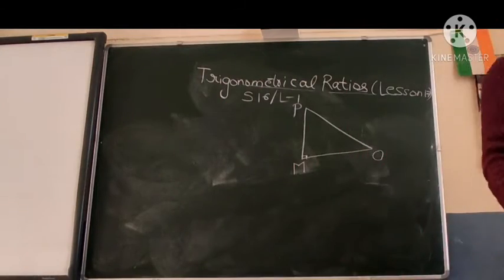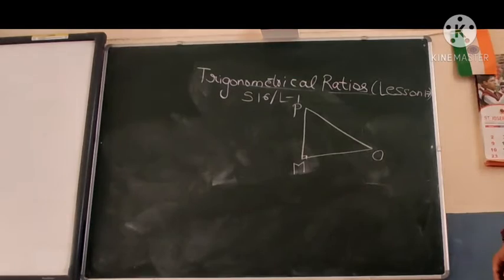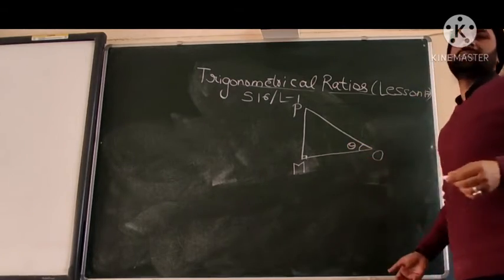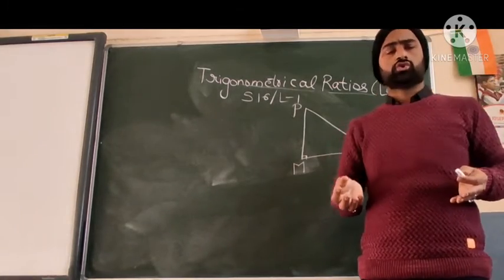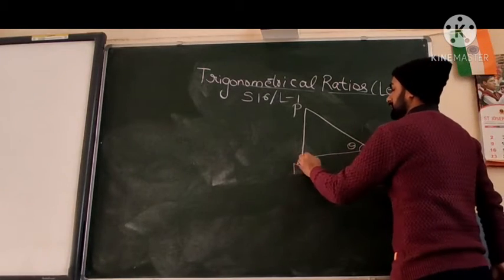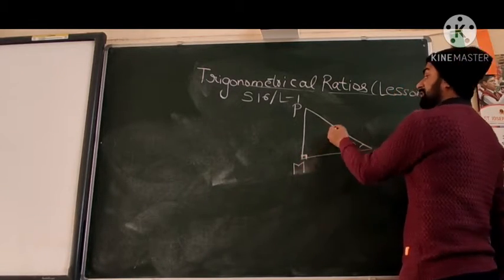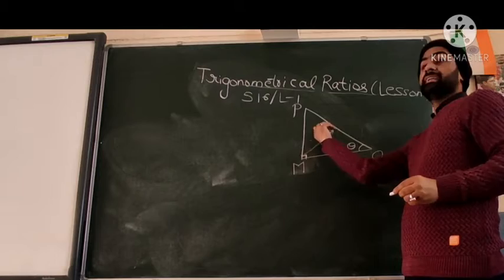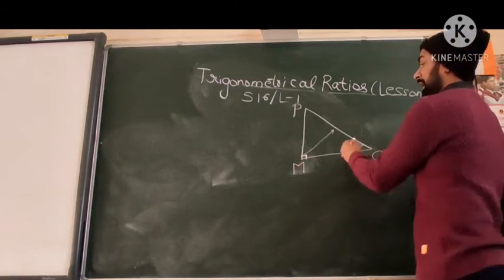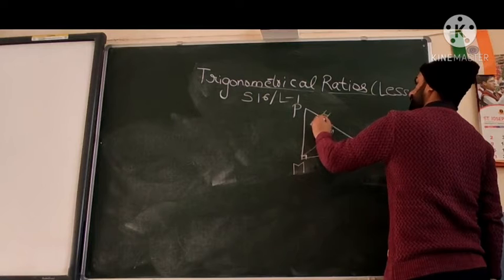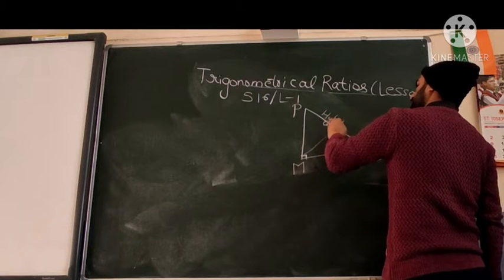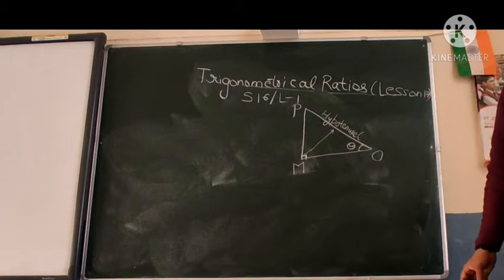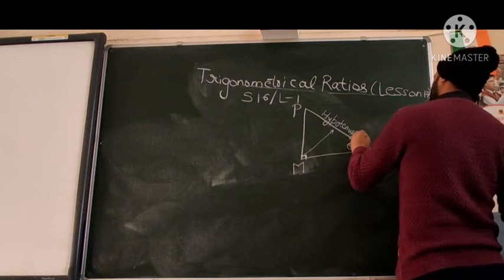So, you know what we will call this angle as theta. I have told you theta is any name. You can take alpha, you can take beta, you can take x also. Now, this is the right angle. The side which is in front, this side is subtending the angle there. This side is called as hypotenuse. We are calling it as H or something like that.